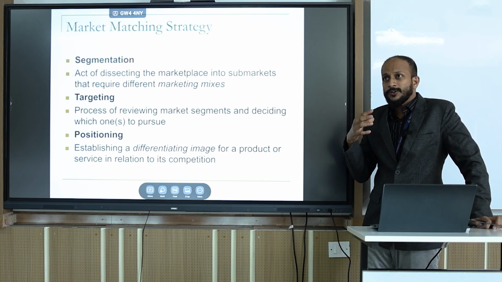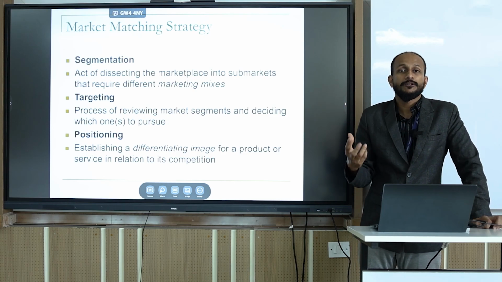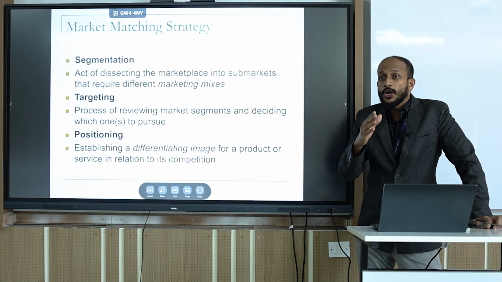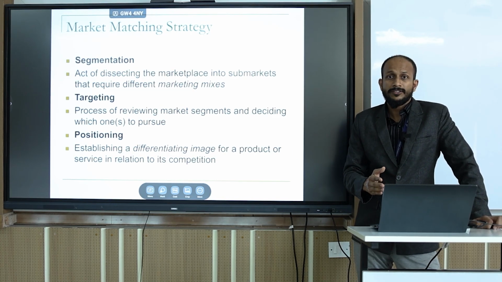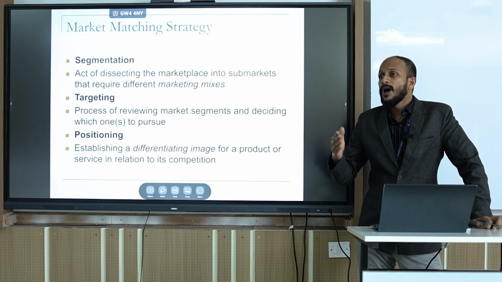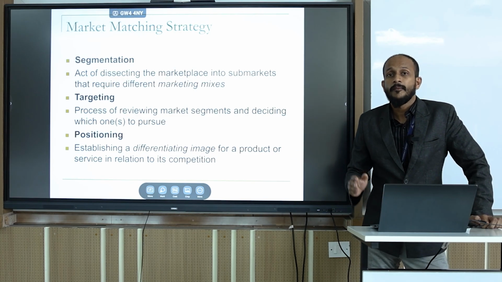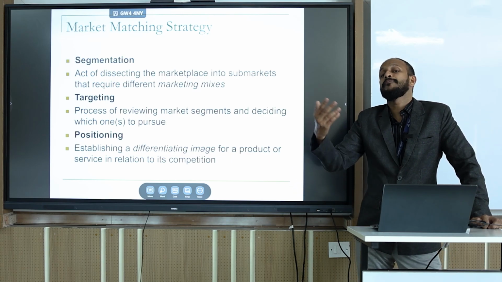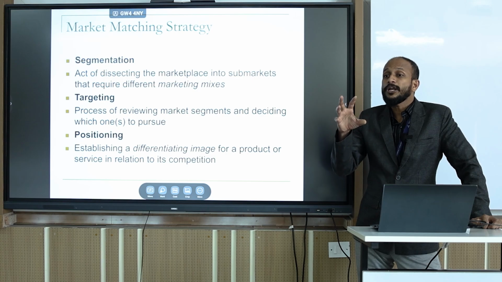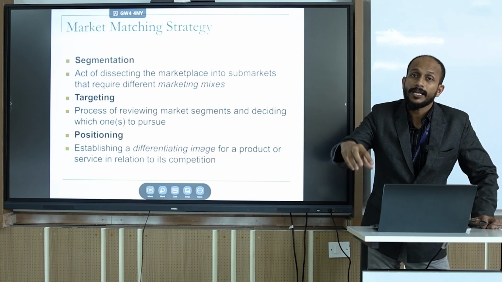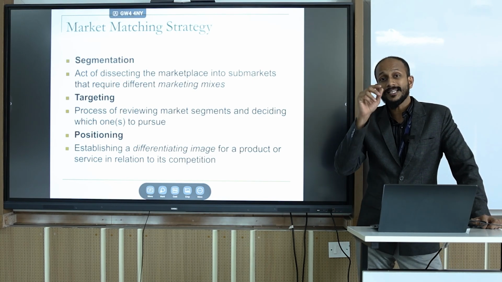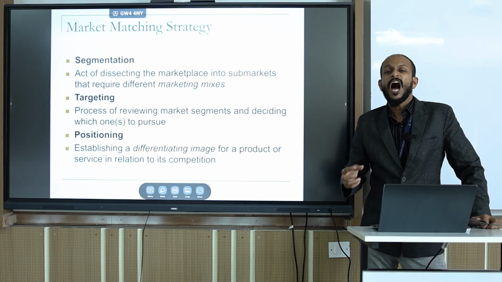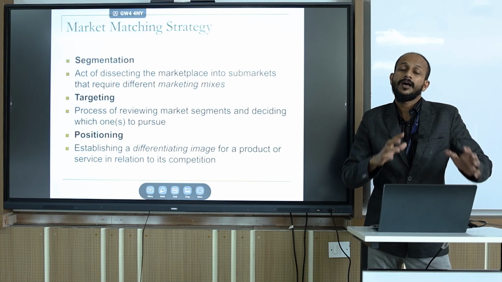When you try to capture an image in the mind of the consumer, because you have decided to focus on people who have sensitive teeth, you're not going to be the only one. Sensodyne is not the only paste offering such a product. There are also other competitors, Colgate is there, and some other companies might be there. So you need to offer some kind of differential image in the mind of the consumer. That is what we call positioning: occupying a specific place in the mind of the consumer against your competition.